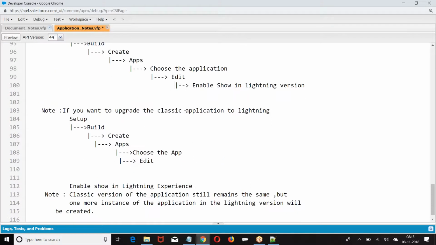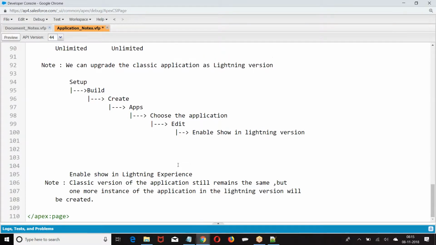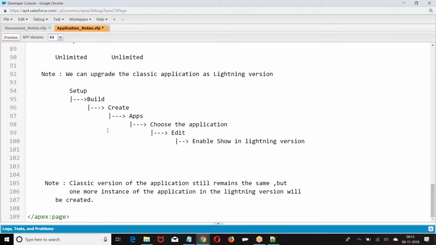If you want to upgrade the classic application to Lightning, now I told you the classic version of the application still remains, but an instance of the application in the Lightning version will be created.